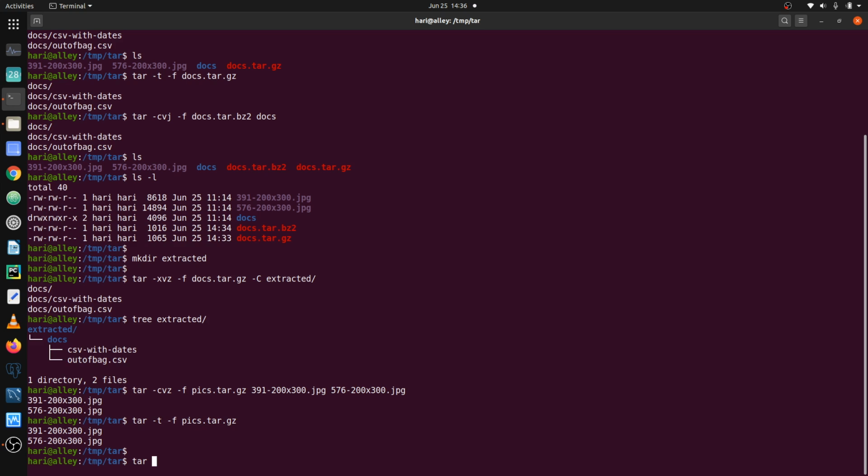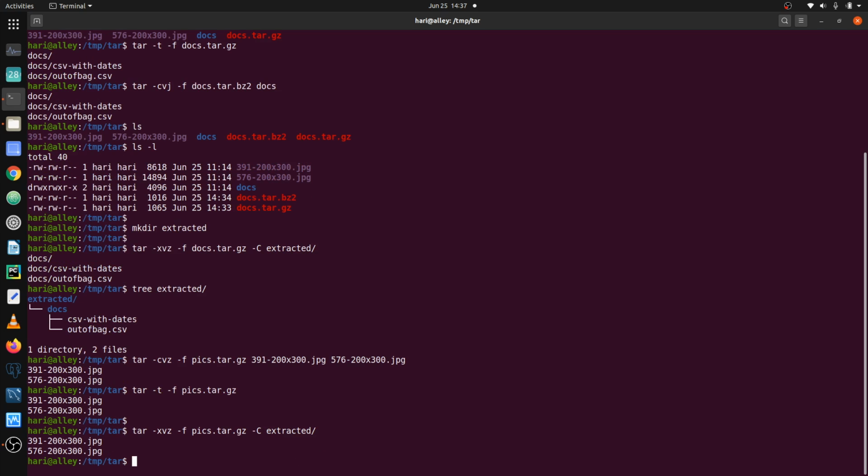We can extract the same into the extracted folder. So that's tar followed by -x, v, and z for the compression algorithm, and we specify the archive file using the -f option followed by pix.tar.gz followed by -C for the target location, and we specify the extracted folder.